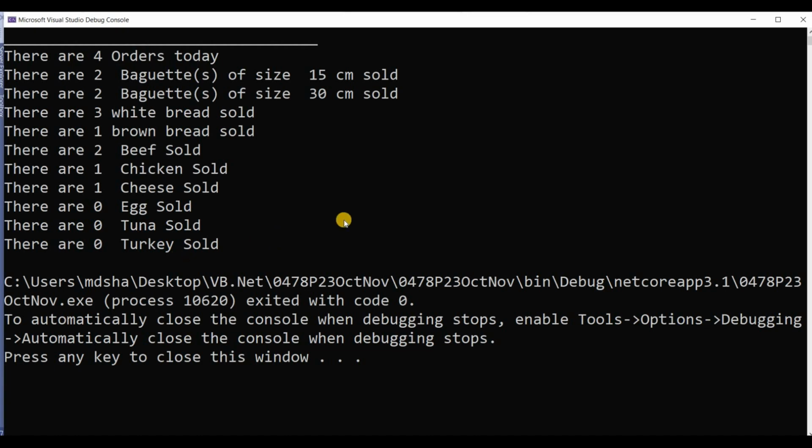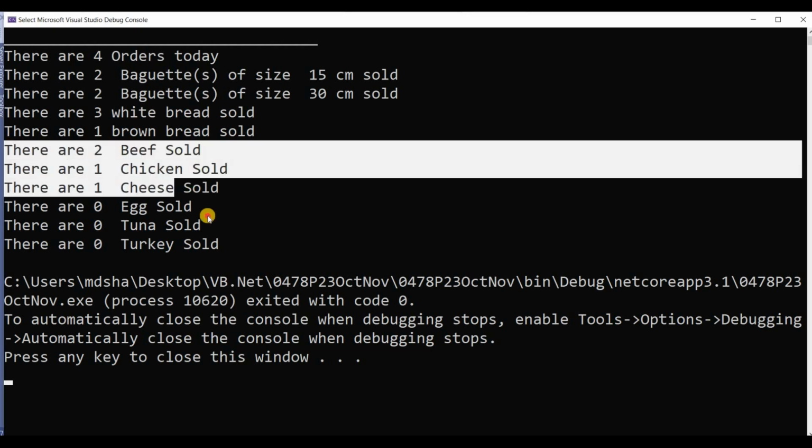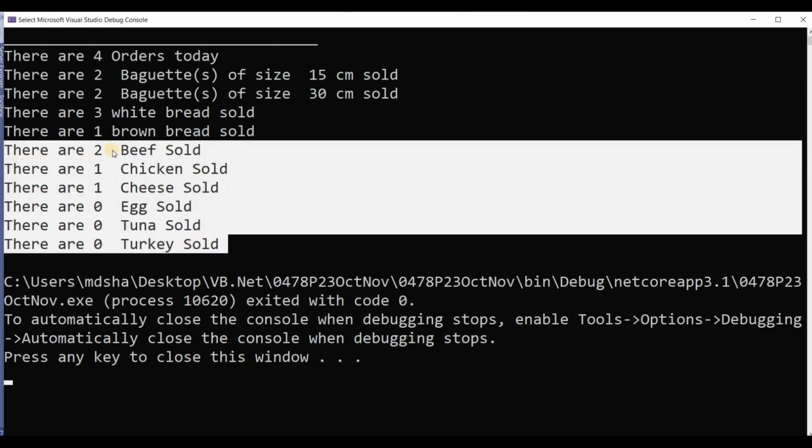Okay, from here they are showing me items starting from beef. There are 2, where is it coming from? I have written the fill array name is fill.